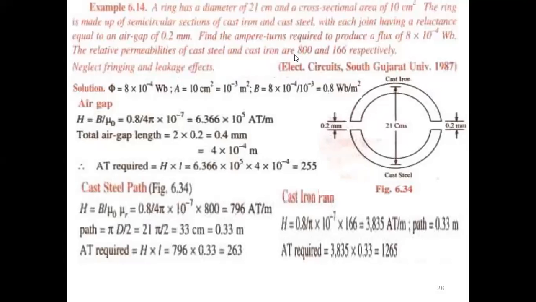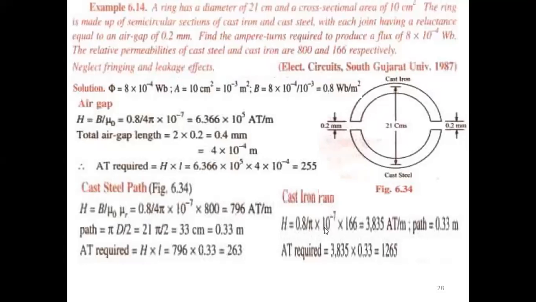It may be confusing for you people, see here. For the flux densities, first cast iron was given, second steel. But when giving mu R, what did he do? First steel, second iron. So you have to use them respectively. You have to note the difference, and we have to read the question carefully. So the relative permeability of the iron is 166 here now.